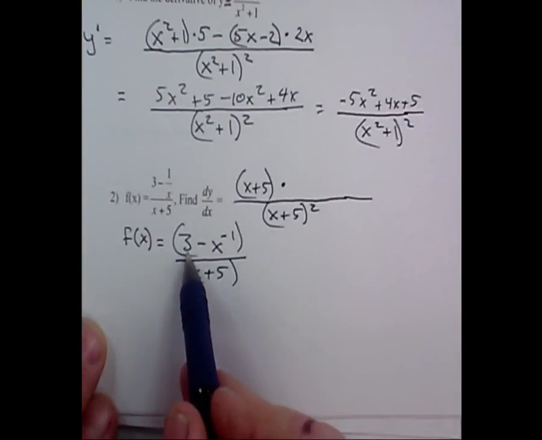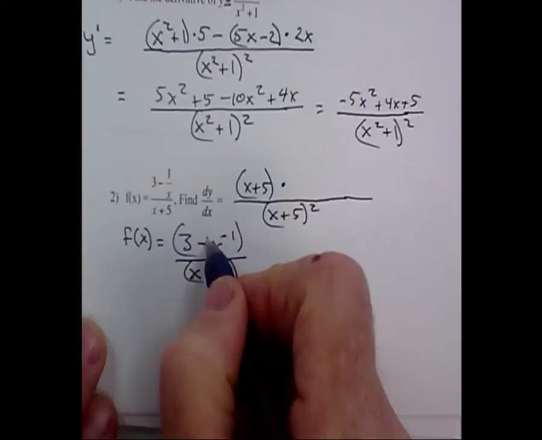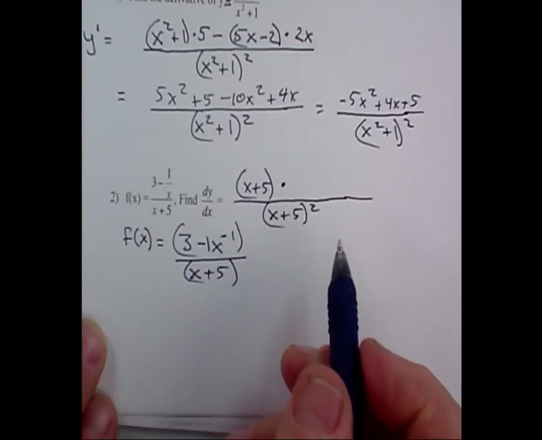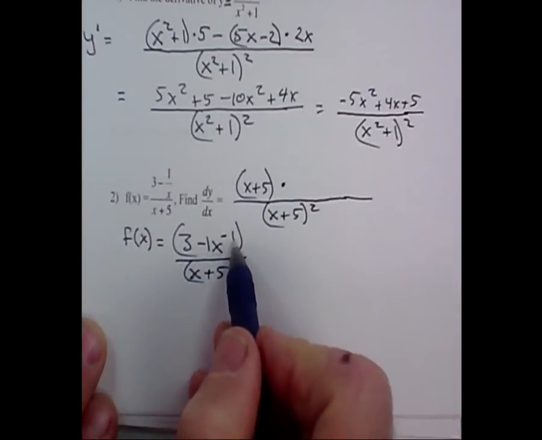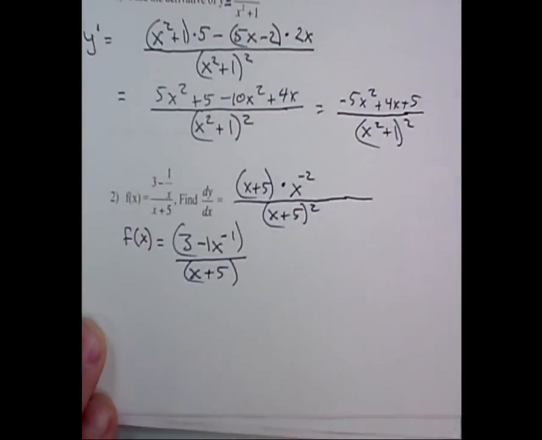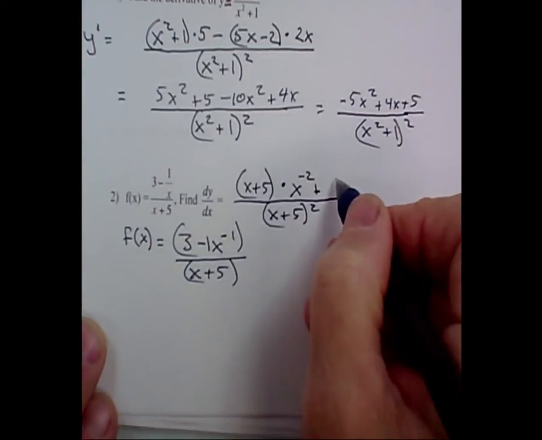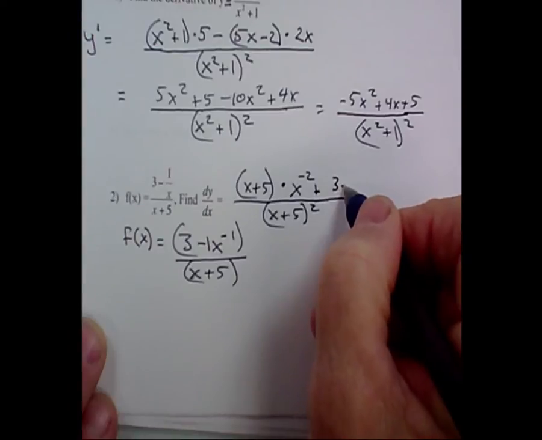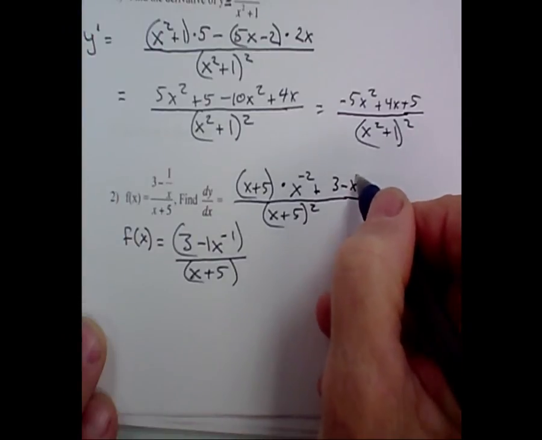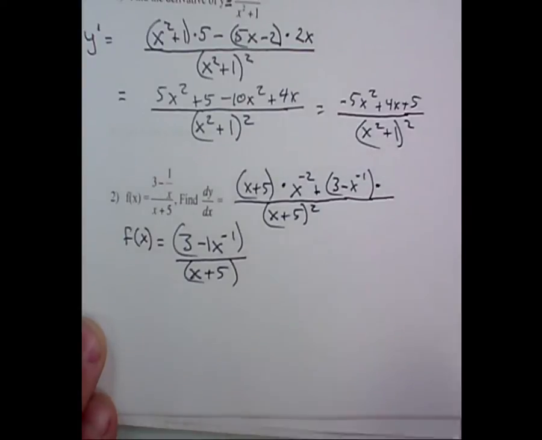Okay, well, what's the derivative of 0? So then I'm going to take this negative 1, and there's a negative 1 right here. Would you agree with that? And so there's 1, and then what happens to this? Right, so I got x to the negative 2. Plus, I'm going to have 3 minus x to the negative 1 times,